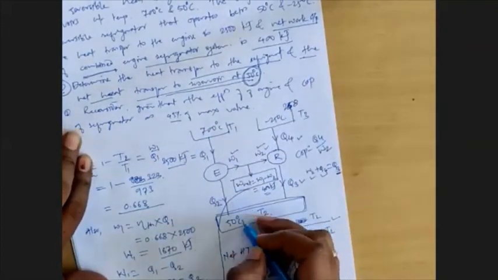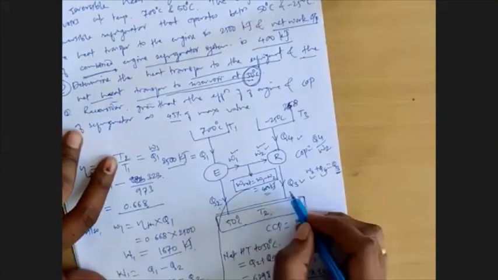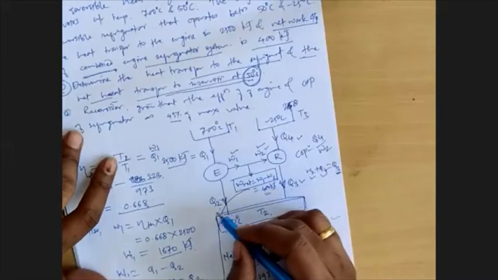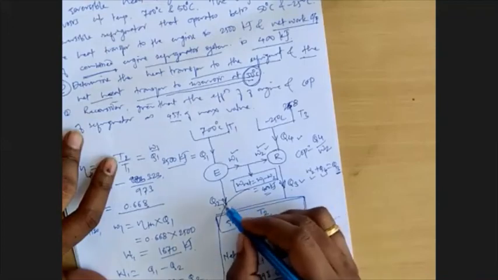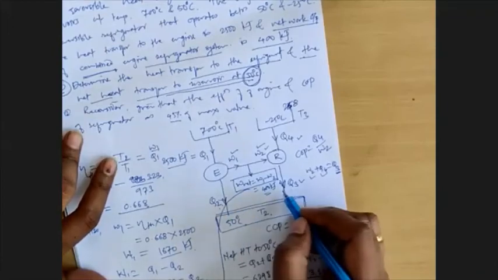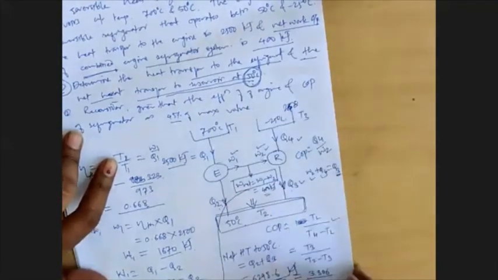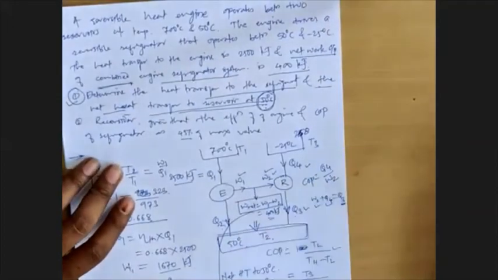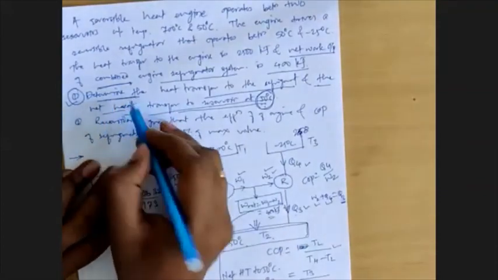But over here, in case of the 50 degrees Celsius reservoir, there are two interactions, that is Q2 and Q3, and both are entering the system. So we just need to take the addition of those two. We need not take subtraction, right? So we'll add Q2 with Q3 and the addition of those two will be the total heat transfer to the 50 degrees Celsius reservoir. So that's why we have added those two. Is that fine? Yes, sir. Okay. Now, how much time is remaining? Okay. So we are done with part 1 now.